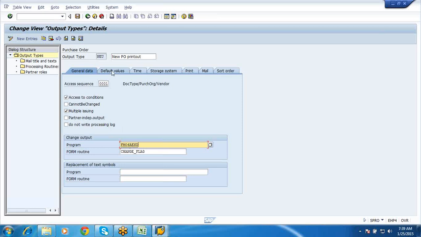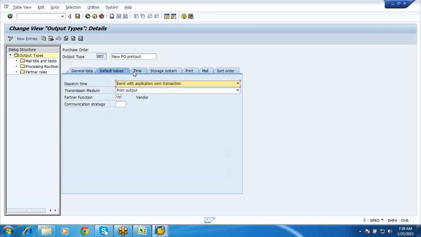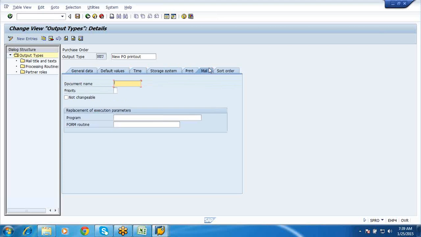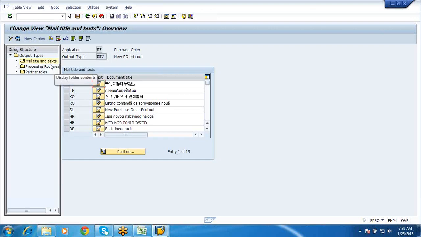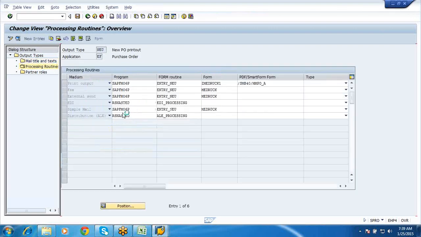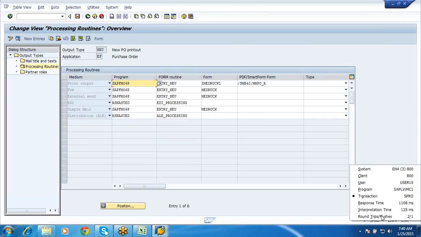Now if I go to default values, somewhere here you get a PO. Hold on. Okay, so mail title and text. This is very, very important. Please keep this screen in mind for any printouts.